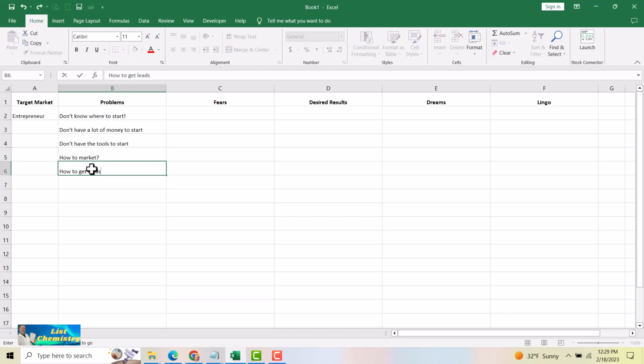Okay, these are all things that a business person or an entrepreneur is trying to figure out. Maybe they don't have a computer. Okay, so how do we do this? So again, we could continue on this. And like I said, this is something I highly recommend you do to give yourself ideas. And the more things you come up with and the more you write, the better off you're going to tweak your solutions and your answers. And you're going to come up with things that are valuable that people may find interest in and want to learn more about. And that's the whole point about building your list.